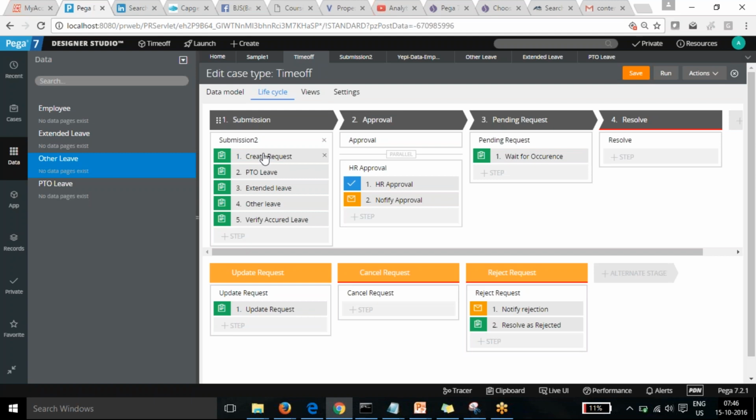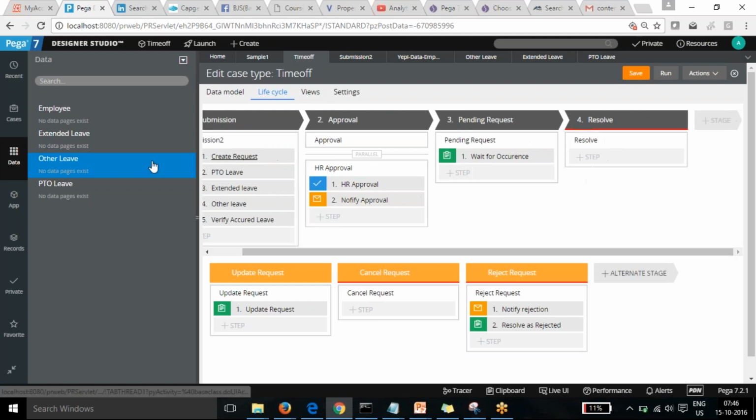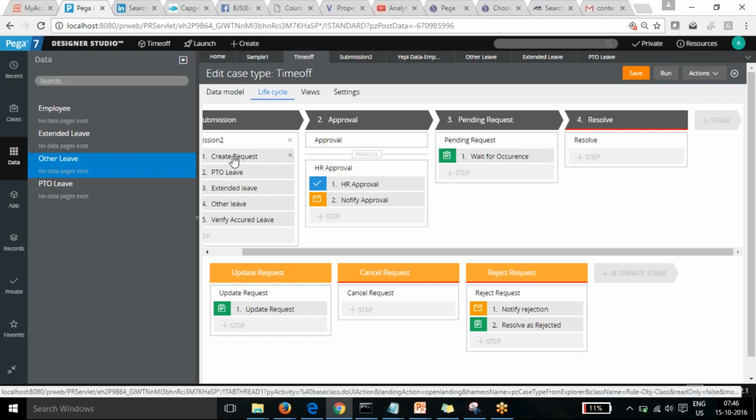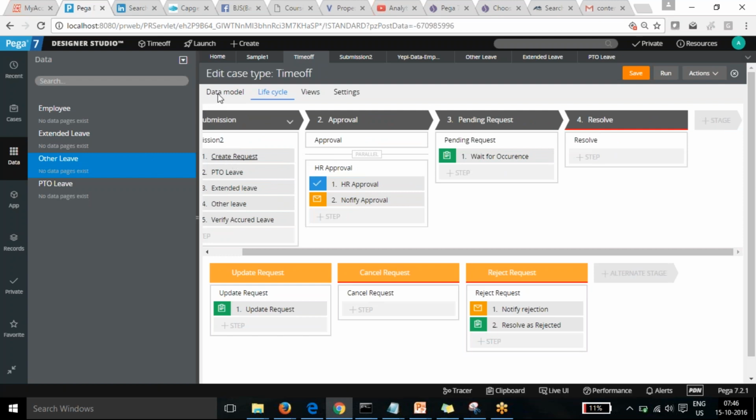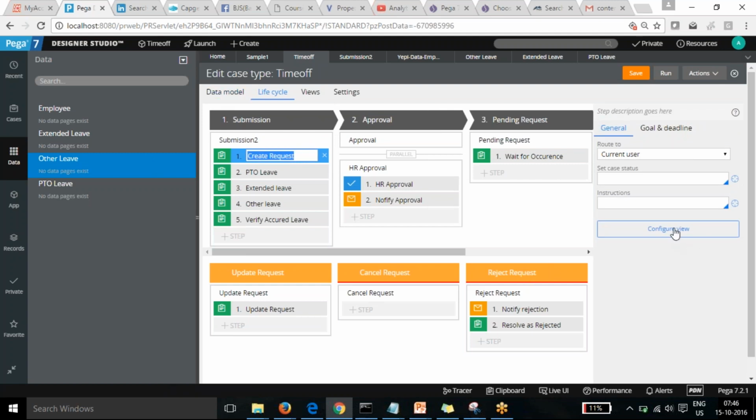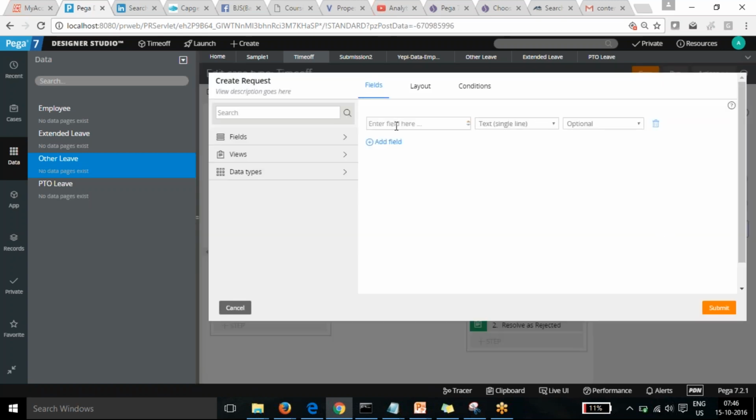Okay, so I want to go to the create request. I can go to the configure view of it. Here I have an employee.